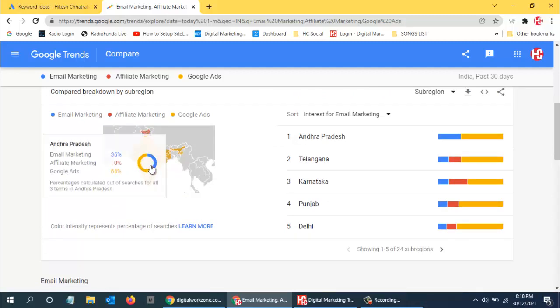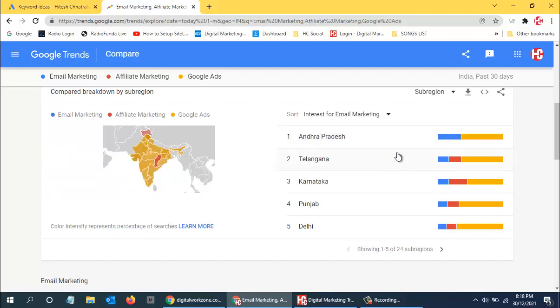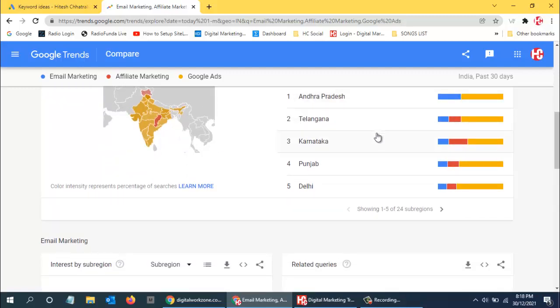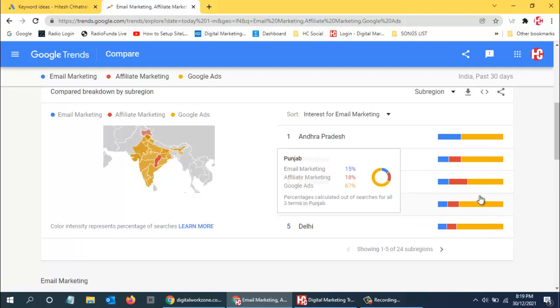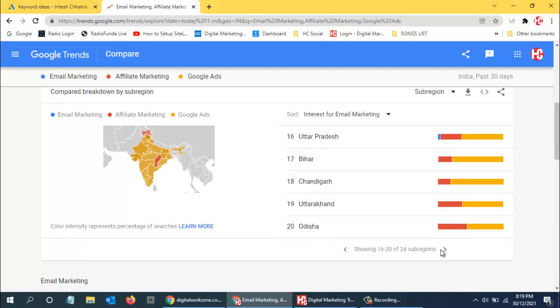Now over here, when we see, we can get to see from which places people are searching for which module. Say Google Ads over here, 71%, 67%, like this. We get to see from each and every state what is more popular. So that is what we can see. It is comparing in terms of dividing by 100. So what is the popularity that we get to see over here?